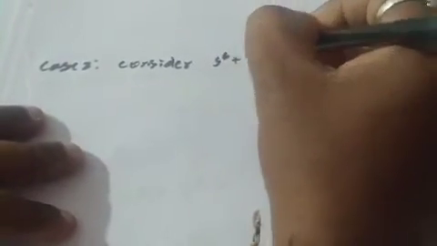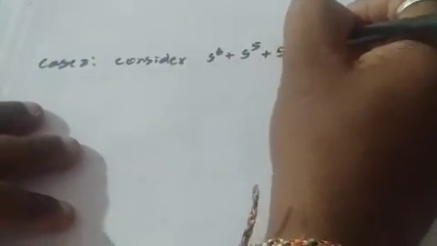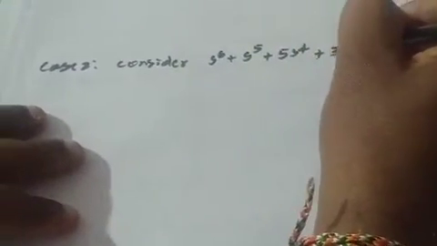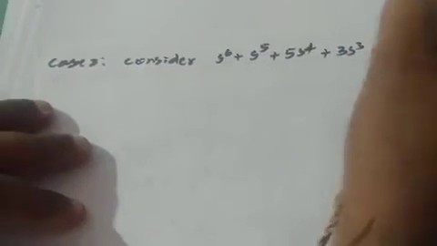Okay, for the second case, when all the elements in any one row of the root array are 0. Here I am going to consider one characteristic equation, which is having s to the power of 6, s to the power of 5, and 5 s to the power of 4, plus 3 s cubed, plus 2 s square, minus 4s minus 8.